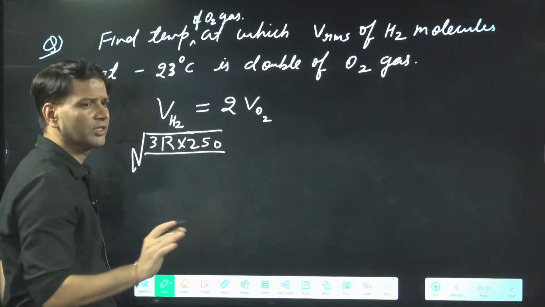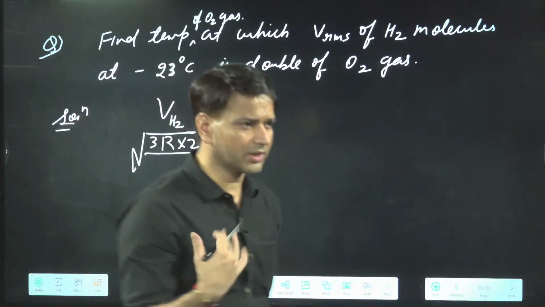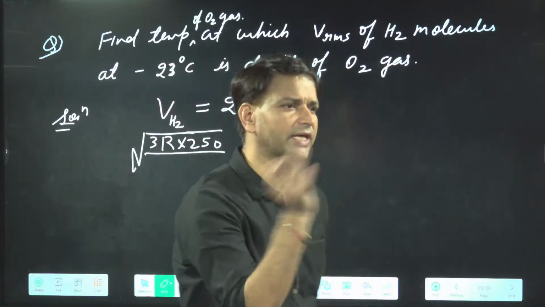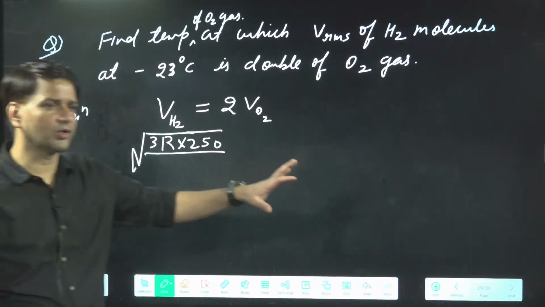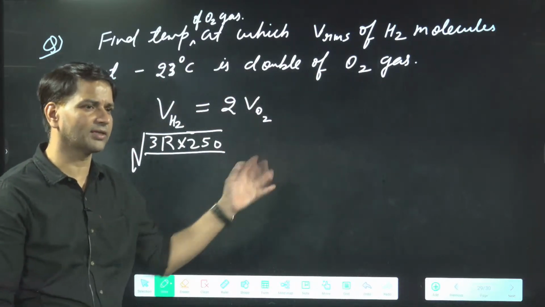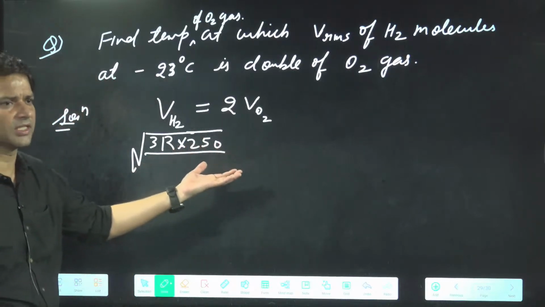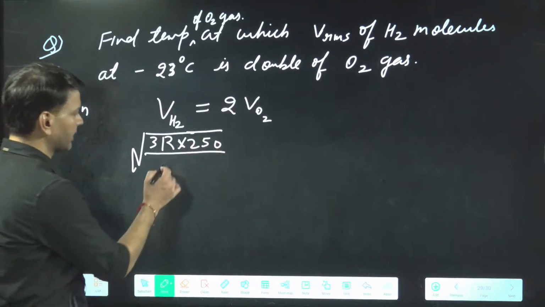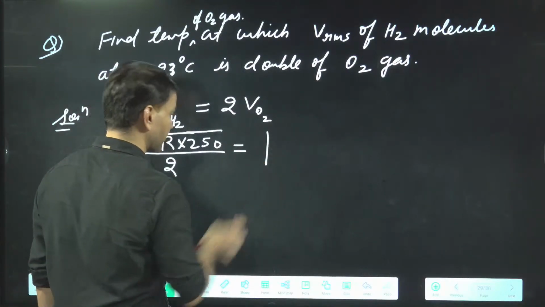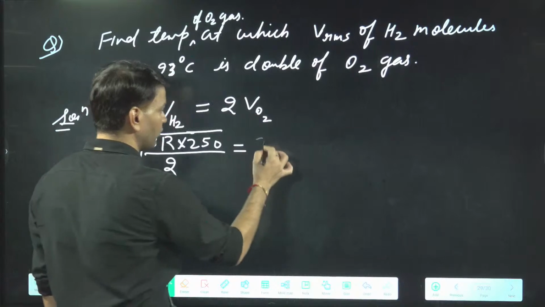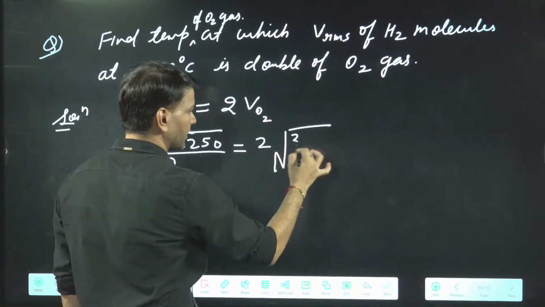For the ratio, there is no need to convert the gram into the kg, because ultimately the 10 to the power minus 3 on both sides will get cancelled out. When we need the exact value of the velocity, then we have to take the minus 3. Otherwise, there is basically a ratio required. So I can take the molar mass of hydrogen as 2, and for oxygen they are asking, so root 3R